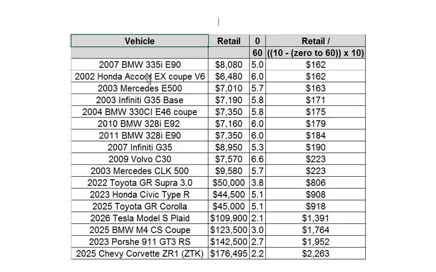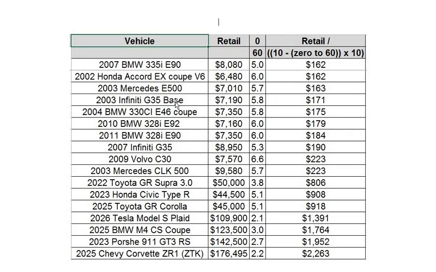The 2002 Honda Accord V6 here is slower than the BMW, 6 seconds 0 to 60, and also less expensive. So again, 10 seconds minus 6 seconds is 4. 4 times 10 is 40 tenths. 40 tenths into 6,480 is, I think, $162, even dead on the money. $162 per tenth, and so forth and so on through these cars,